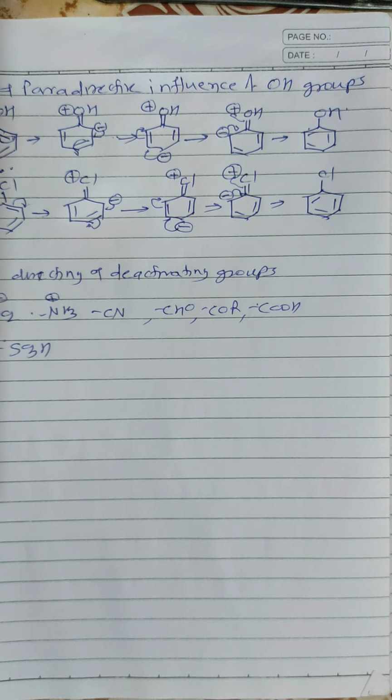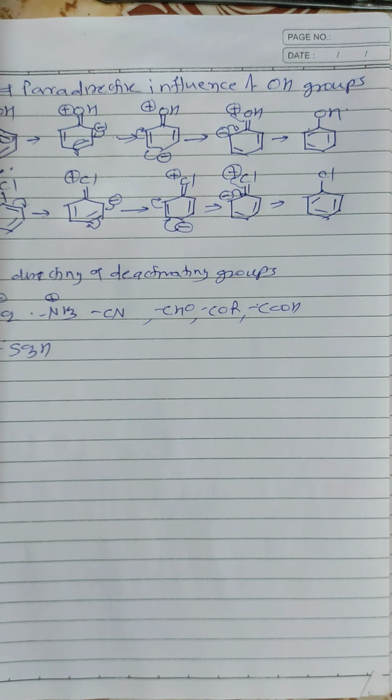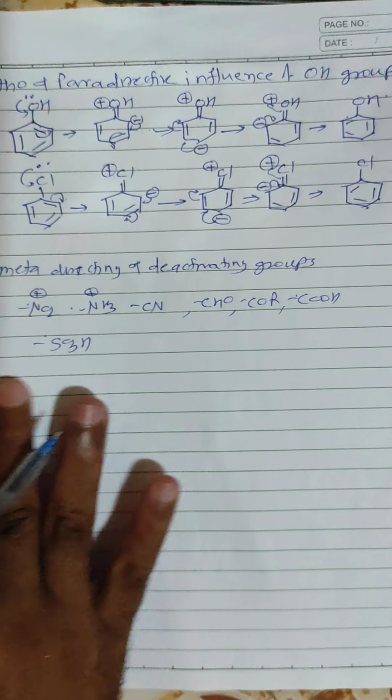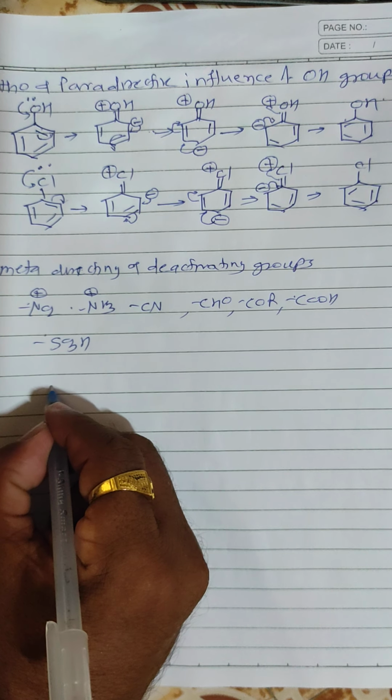Now, the meta-directive influence of the NO2 group is explained on the basis of resonance. Meta-directing groups withdraw electrons from the aromatic ring by resonance, making the ring electron deficient. Therefore, the meta groups are ring deactivating groups due to negative inductive effect. The NO2 group reduces electron density in the benzene ring at ortho and para positions. So the attack of incoming groups becomes difficult at ortho and para positions. Incoming groups can attack the meta position more easily. So in this case, the structure like nitrobenzene,